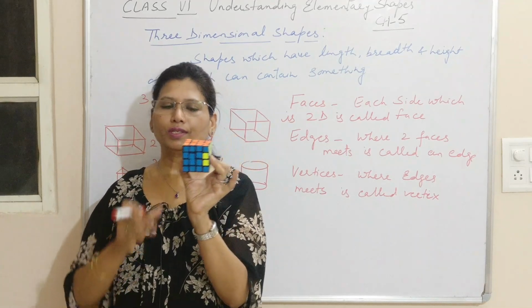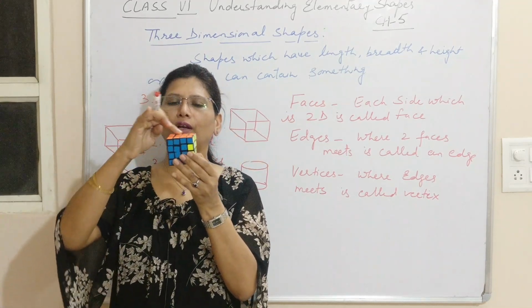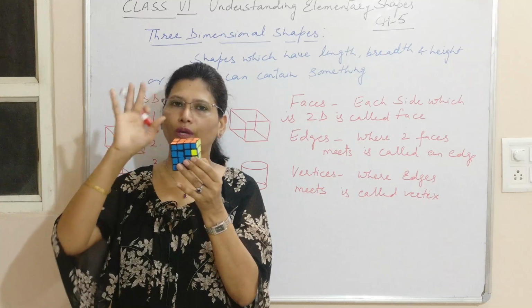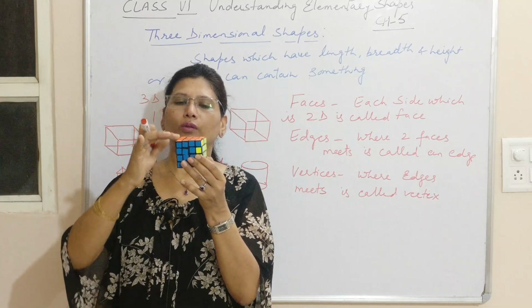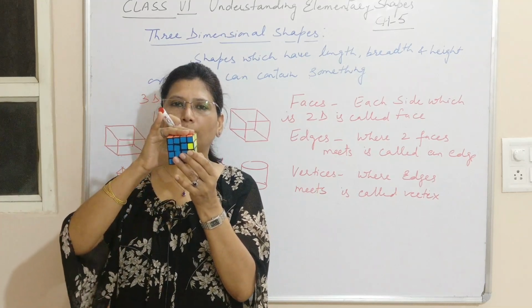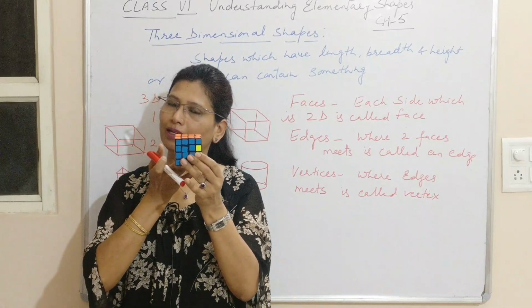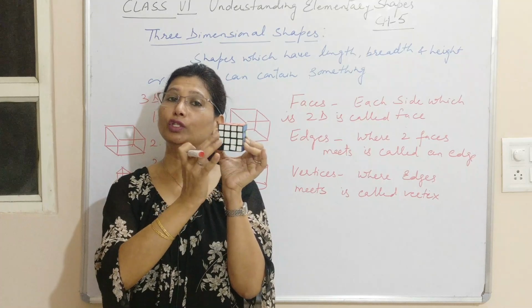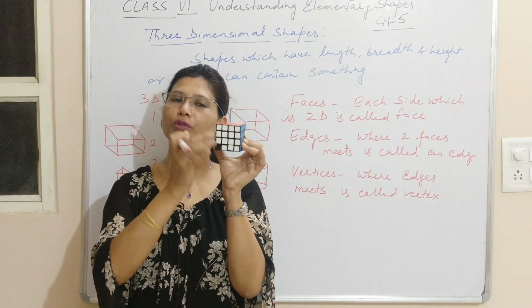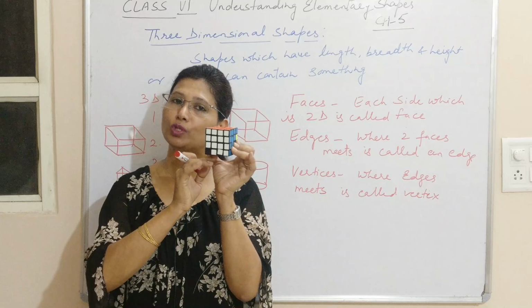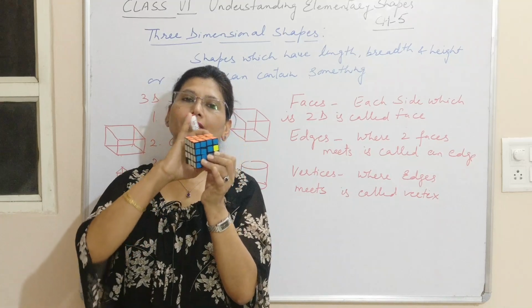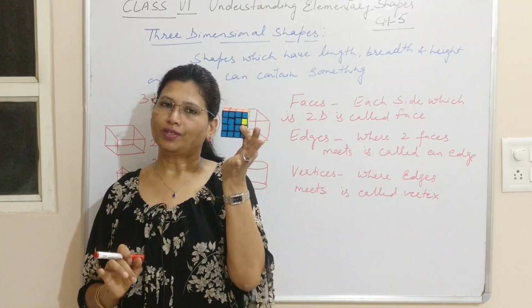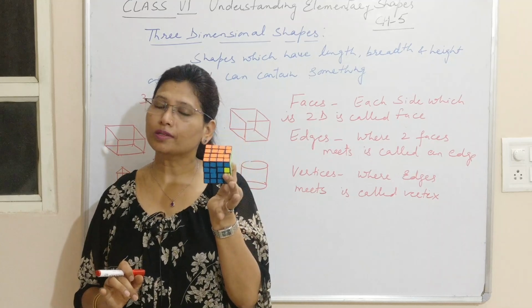How many edges? So 4 edges. What you will do, we'll count all these 4 lines. Okay, these are 1, 2, 3, 4. 4 edges up, 4 edges down. This is 8. And here, how many edges are there? These are 2. We'll not count these edges because they are counted in the top and bottom squares. So 9 and 10, this is 11 and 12. So 12 edges. Correct?